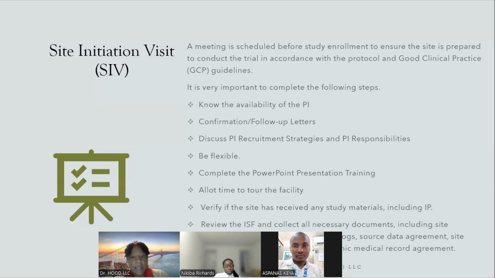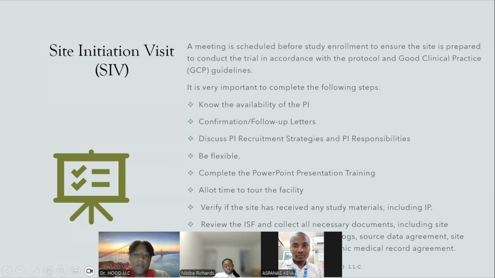You want to verify the site has received any study materials, including IP. So if per the IV, they said that the site should already receive the initial kit supplies, their initial study e-diaries, their IP, whatever has been determined that they should already have before you came on site, you need to lay eyes on that material. And then once you're done doing your presentation, you did your tour and you're talking to everybody, then you